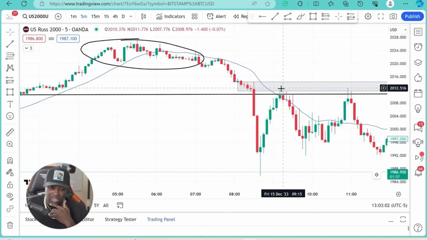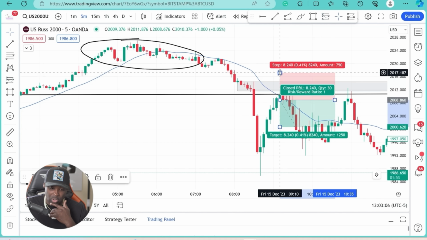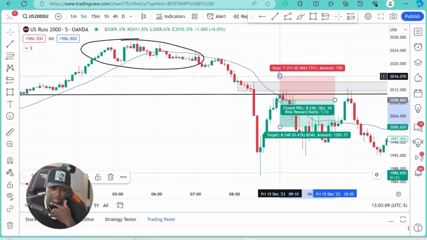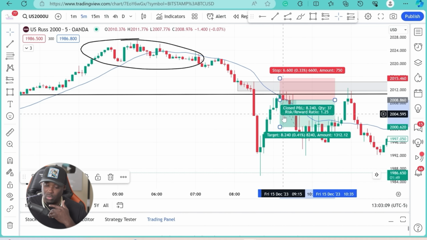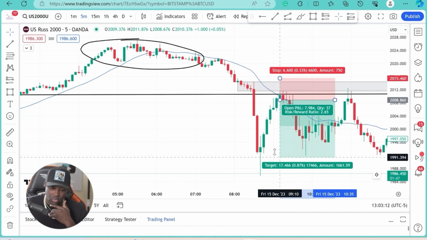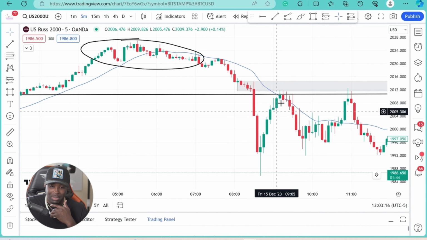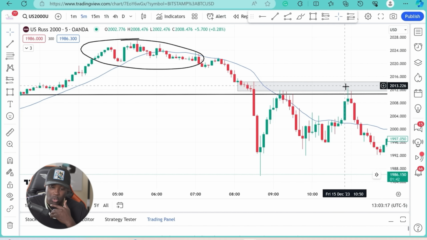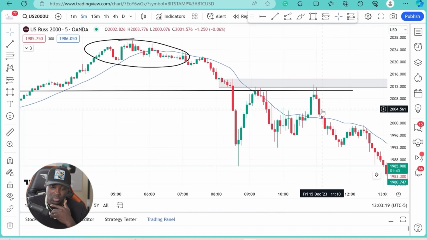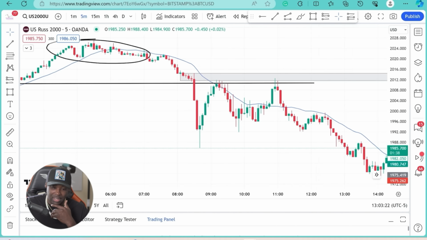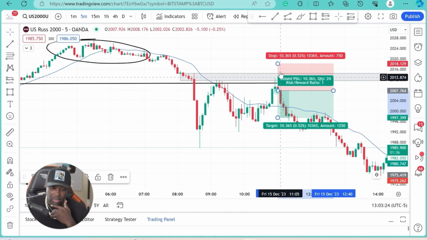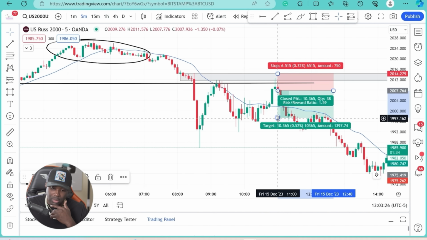So it hit that supply right here. Again, you can go short. You can put your stop loss above that zone, okay? Or you can put it above the candlestick, depending on your style, right? And we're looking for that 2-to-1, and we definitely got that 2-to-1 minimum. But notice how we had one rejection, boom, gave us another rejection. So it gave us another trade. So we have these nice 2 pin bars right here, you know, quick short, and boom, another scalp to the